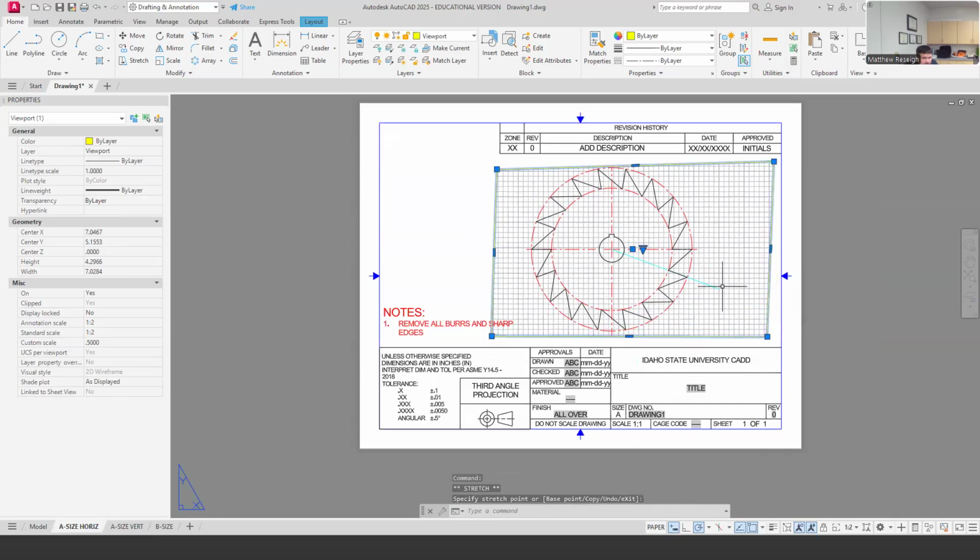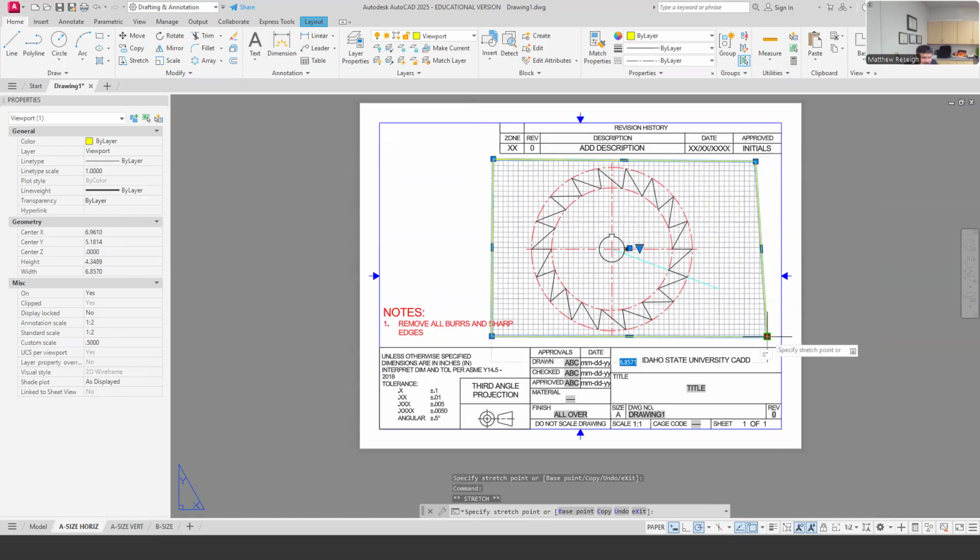I didn't really mean to pull that like that, but this particular one, I could get rid of this viewport and do one that's not. It looks like it's got plenty of adjustment, but